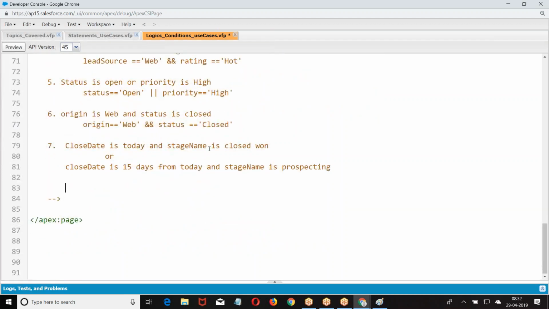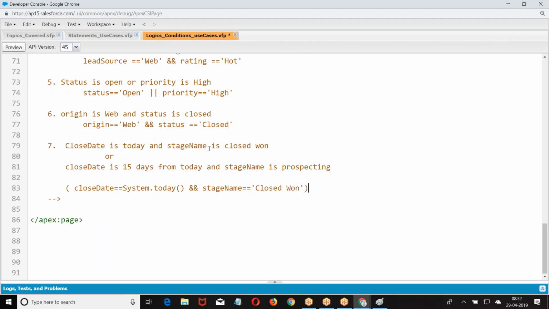So I'm taking the format like this. First one: close date equals to today. How do you refer to today? System.today. And stage name equal to.